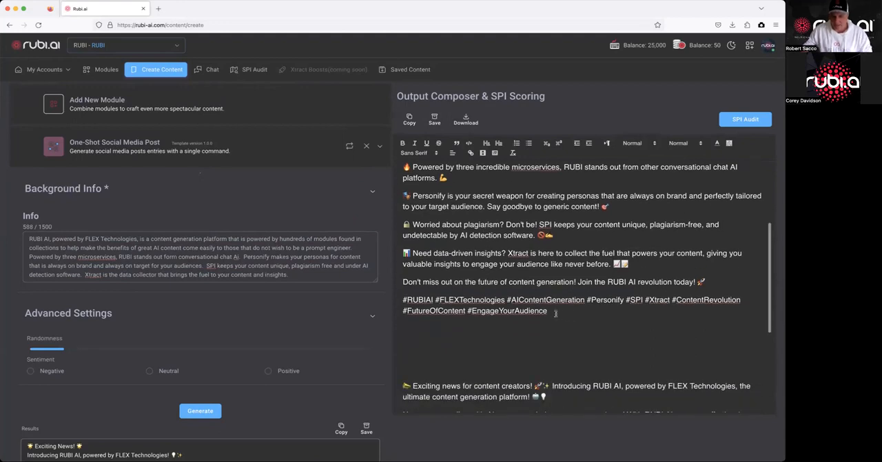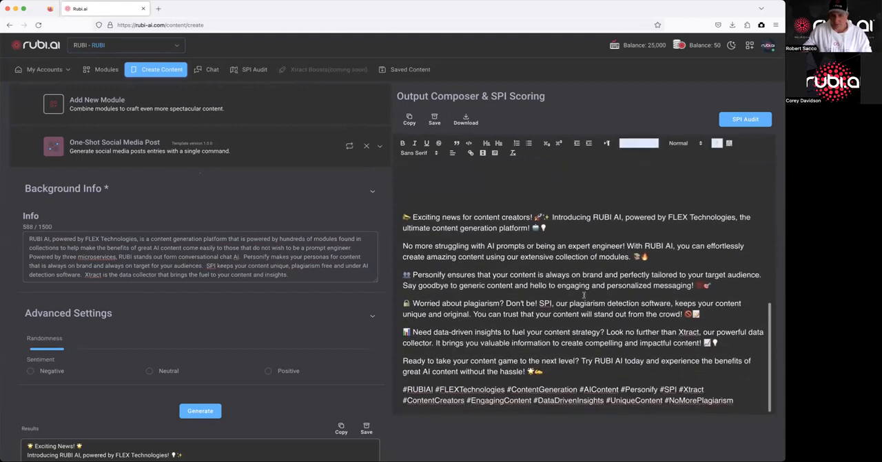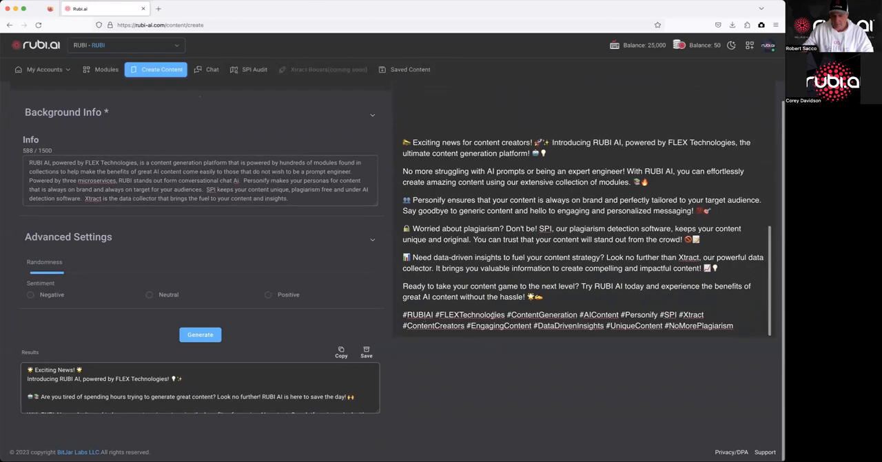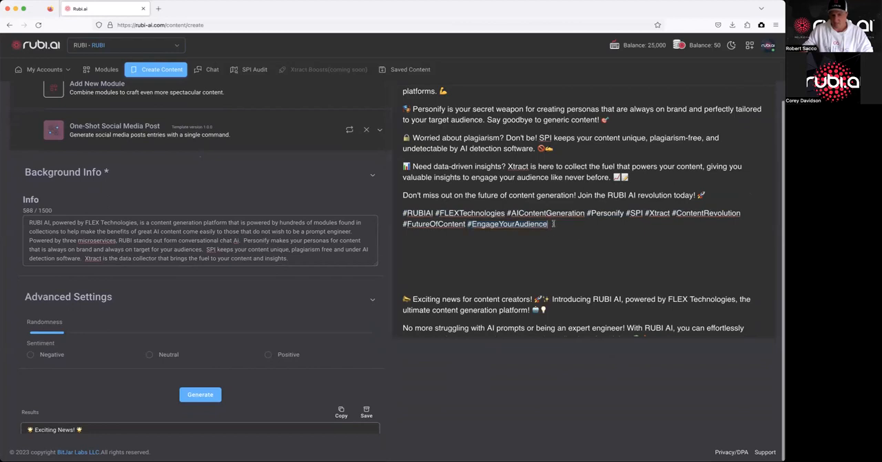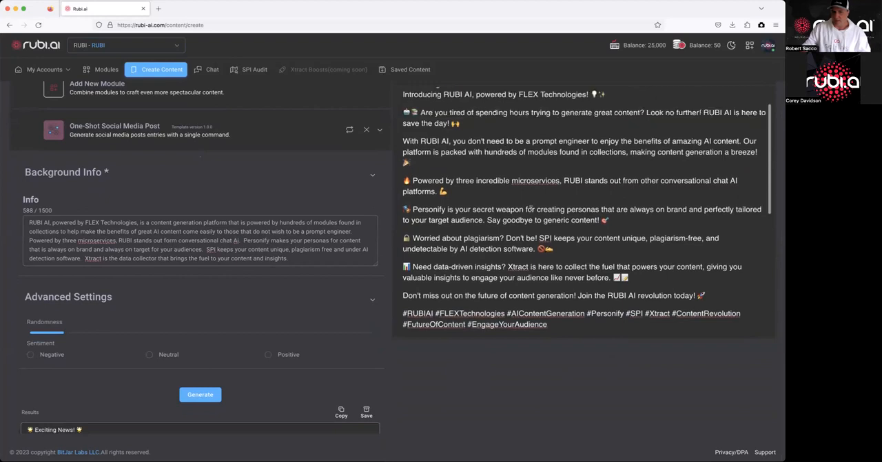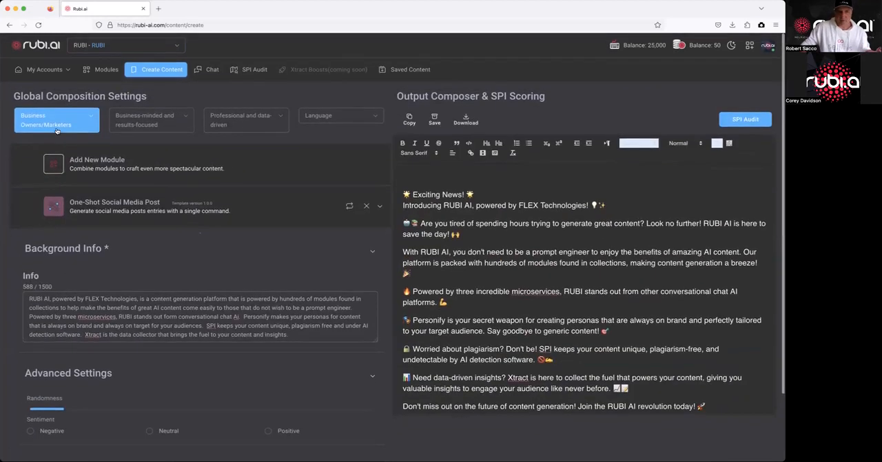I like to look through the hashtags too to see where those start to manipulate a little bit. So flex technologies, content creation, AI, Personify, they went kind of along those ways. We're looking at engaging your audience here, future of content. So it's going more on the professional side of the tone and voice and how it's working. These are so important in what you're doing, and they even get better because we don't even have some of